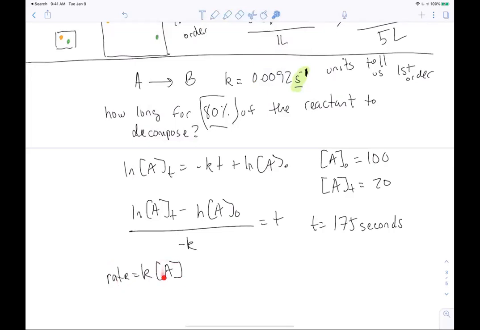It's like, okay, well, when the concentration of A is something, what's the rate of the reaction to be? Who cares about that? What I really care about is, when is the reaction to be over with? And that's what these types of questions pertain to: how long until 80% of the reactant decomposes? So you can imagine an example of that might be, environmentally, if you have some pollutant in